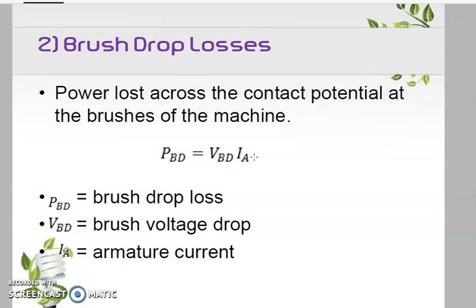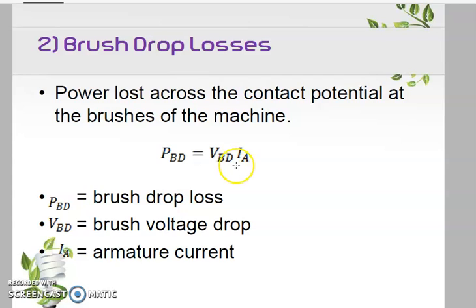You cannot use copper, because carbon will deplete accordingly and will not damage the structure of your rotor. So we have a PBD, which is the drop loss due to the voltage drop across your